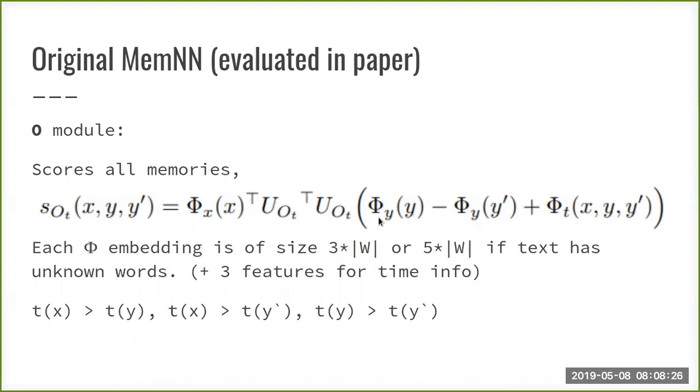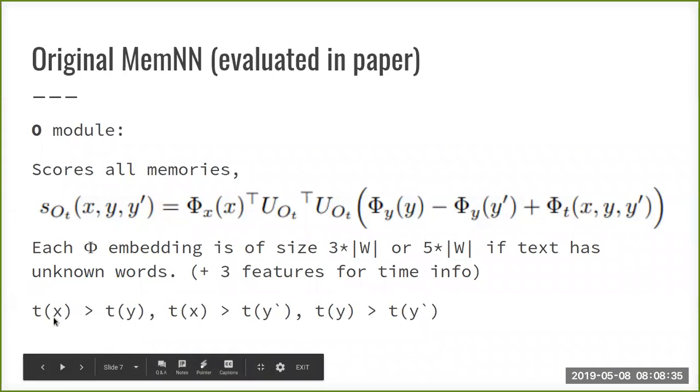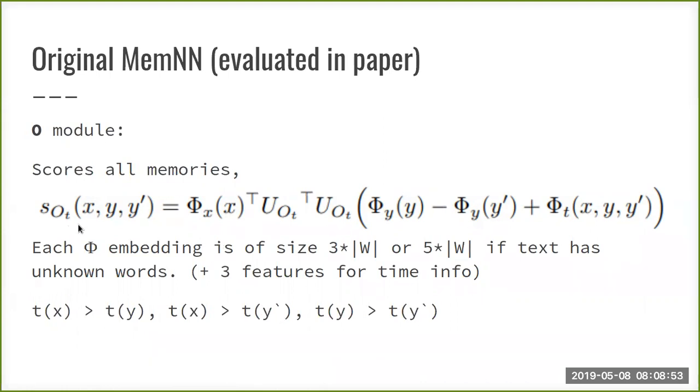Well, and then later on they also add 3 more features to encode the relative time information, which basically says X is the input against which the query has been run, Y is a candidate, Y is one of the memories stored, and Y dash is another memory stored. So basically, this function will output 1 if Y is preferred over Y dash, and you would store Y as the best candidate so far. If the output is negative, you take the